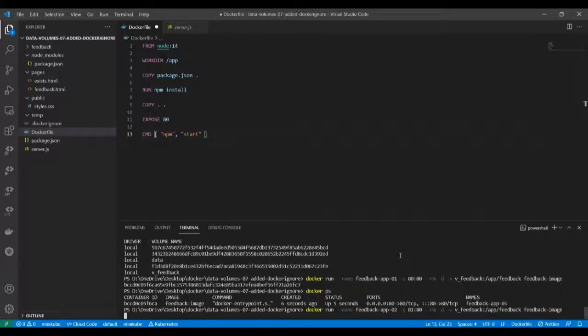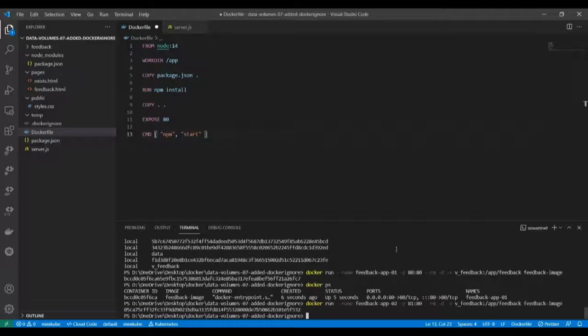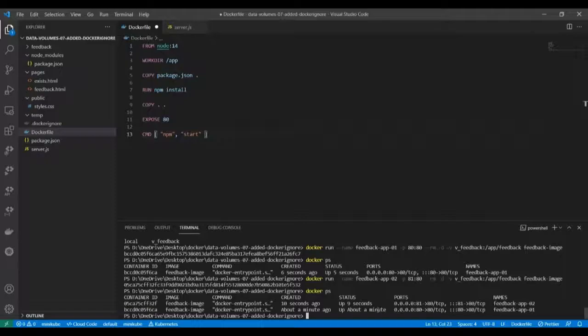So I am starting another one. I have assigned this to port 81, given the name feedback-app-02, and that volume stays. Now if we do docker ps, we can see two apps are running.